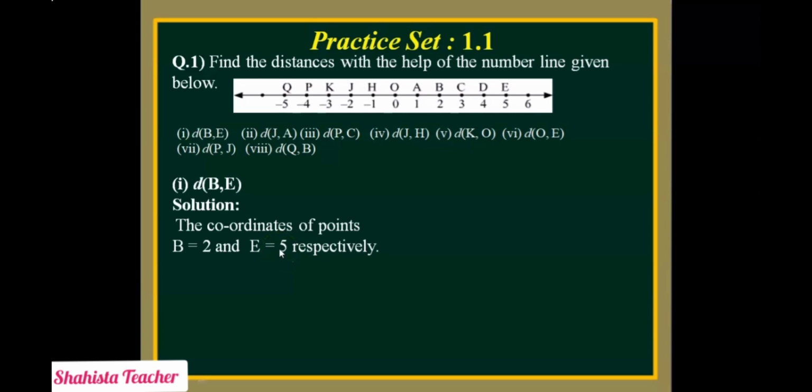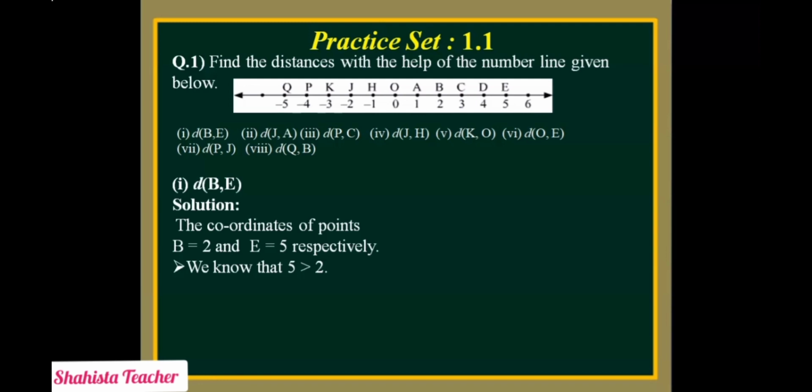Actually we are comparing these two numbers. So here which number is greater, 5 or 2? Yes, first we have to compare which number is greater, 5 or 2. Both are positive numbers. So 5 is greater. That means coordinate E is greater than B. So here we will write 5 is greater than 2. We know that 5 is greater than 2. We have to use this greater than symbol. So 5 is greater than 2.